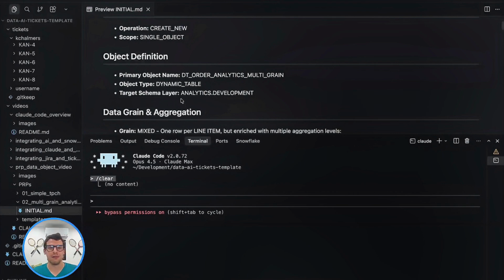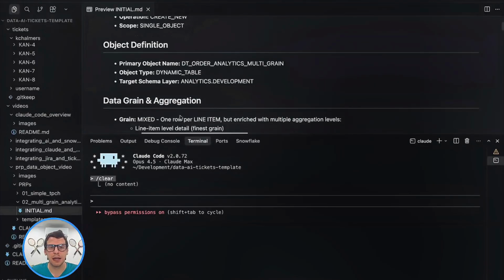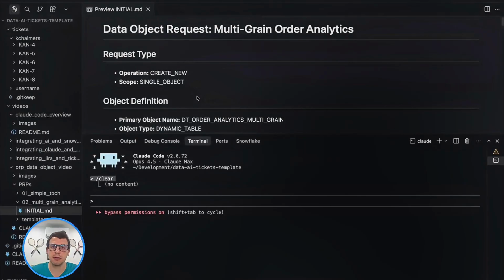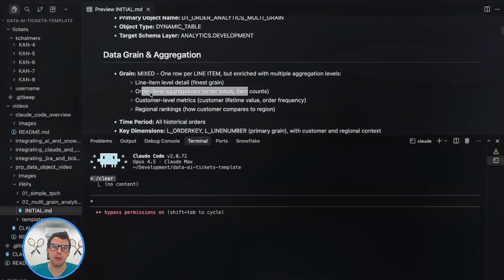However, for this example, I just wanted to show a different type of materialization that is allowed. Within Snowflake, dynamic tables refresh on a certain cadence specified by the user that creates them. But that said, without going too much into detail for what we're going to be doing for this dynamic table,